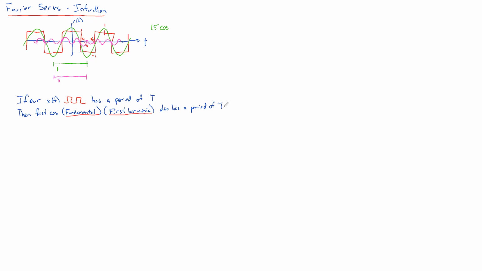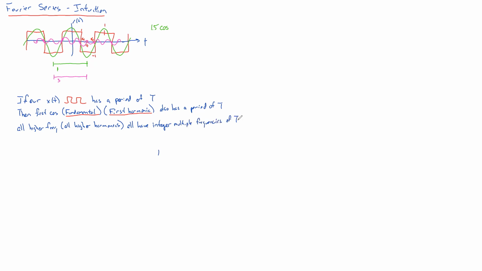And that should make sense if you're trying to duplicate something that is periodic in T. Your cosines would all, your biggest part would probably have a period of T. But also, all higher frequency, also called all higher harmonics, all these other cosines that make up your x of t will all have integer multiple